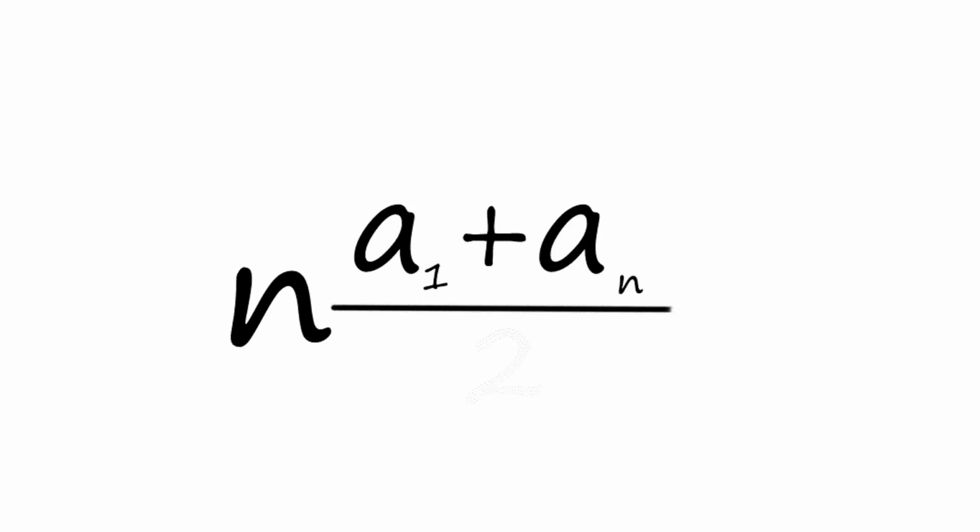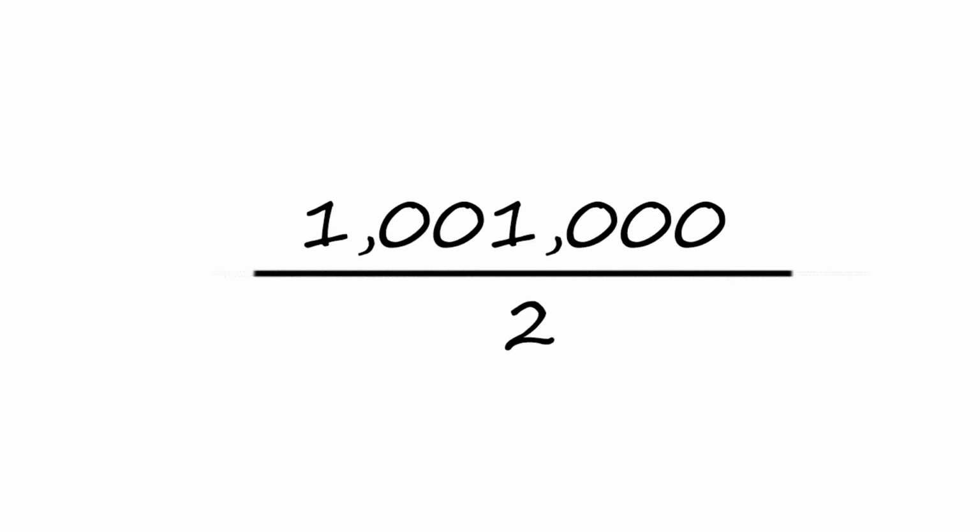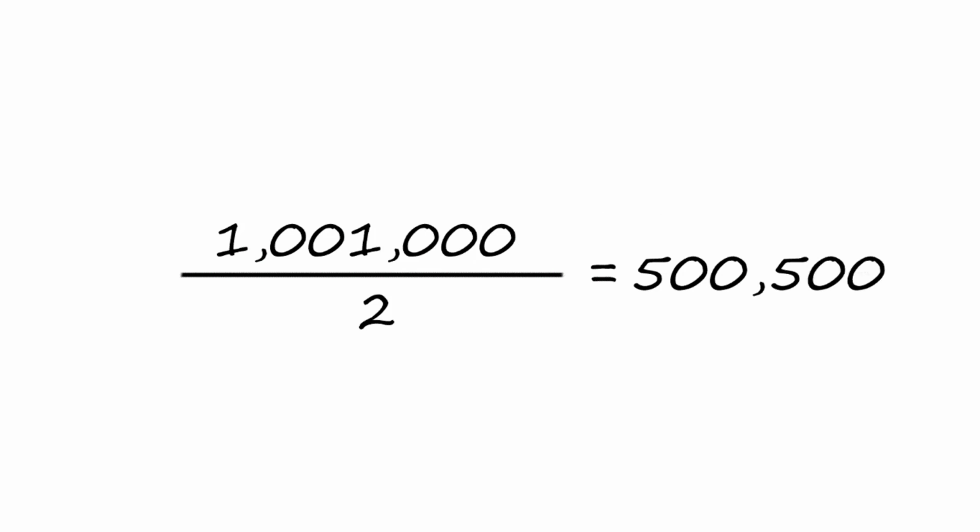Let's look at our first equation. N times (A1 plus AN) divided by 2 is the formula. And by substituting the variables for the values, the equation will turn into 1,000 times 1,001 divided by 2. This is 1,001,000 divided by 2, which is 500,500. So the sum of all numbers from 1 to 1,000 is